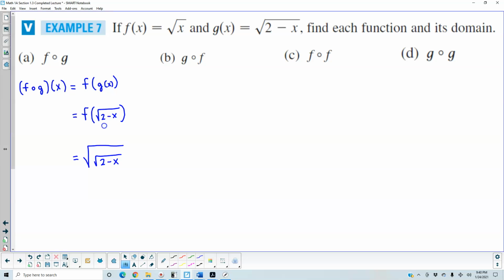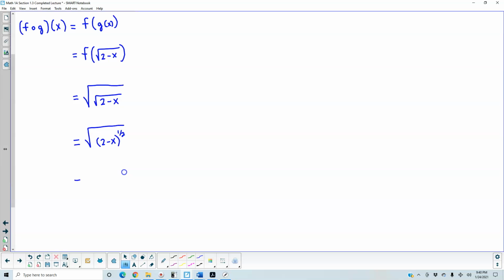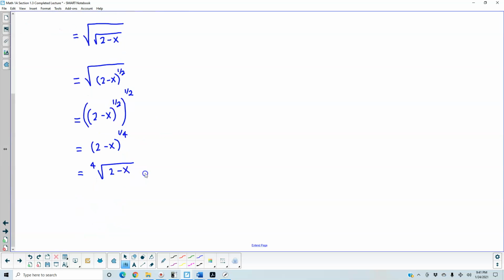Keep in mind that this is the square root of 2 minus x to the 1/2, which then means that this becomes (2 minus x) to the 1/2 raised to the 1/2, which becomes (2 minus x) to the 1/4, which means this is the fourth root of 2 minus x. So that's what we get for